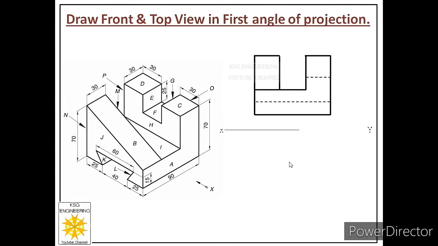Now after this, we will draw a reference line below the front view by leaving a 1 row gap or 10 millimeters gap. Why below? Because we are drawing in first angle, and we have to draw the front view above the reference line in first angle of projection. Then from all the points of the front view, we draw continuous thin lines in the downward direction. These are called projectors. These must be parallel to each other and perpendicular to the reference line, and these must be continuous thin.